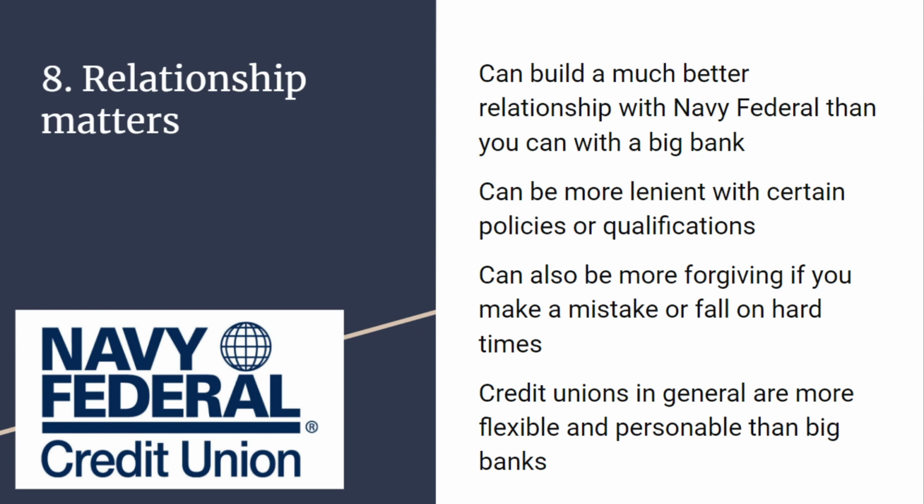And point number 8 here is that relationship matters. This is why you should join Navy Federal as well, because relationship matters with them. You can build a much better relationship with Navy Federal than you can with a big bank, because at a big bank, you're really just another number, right? And even though Navy Federal is the biggest credit union in terms of the amount of assets they manage,